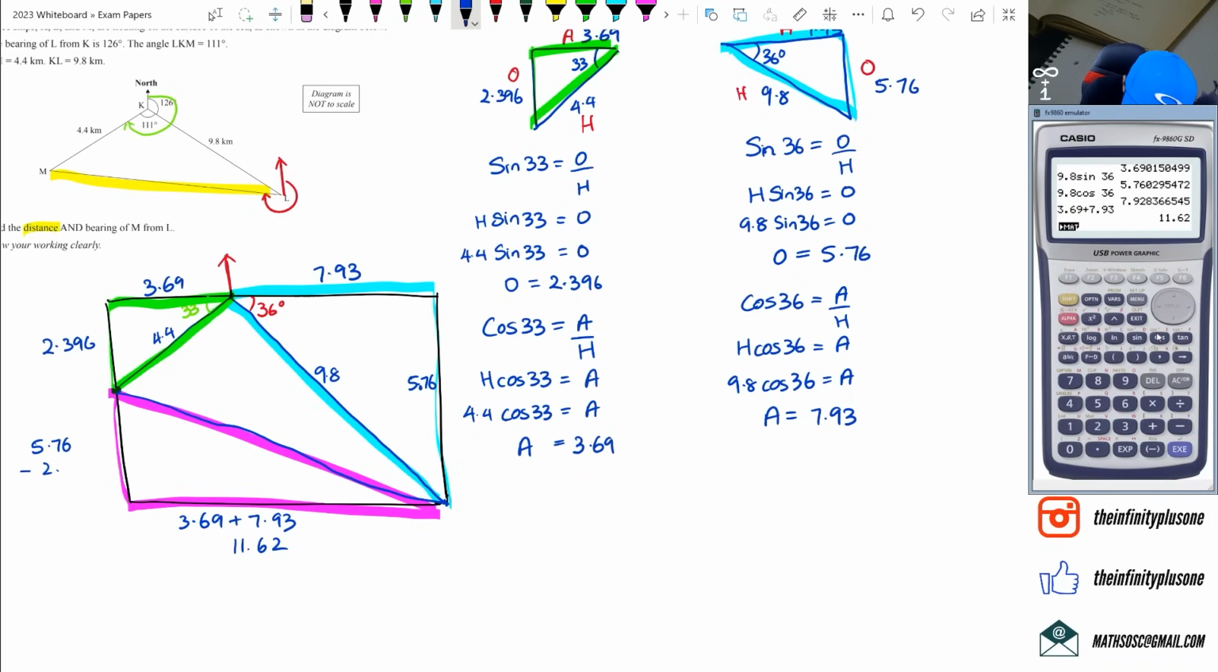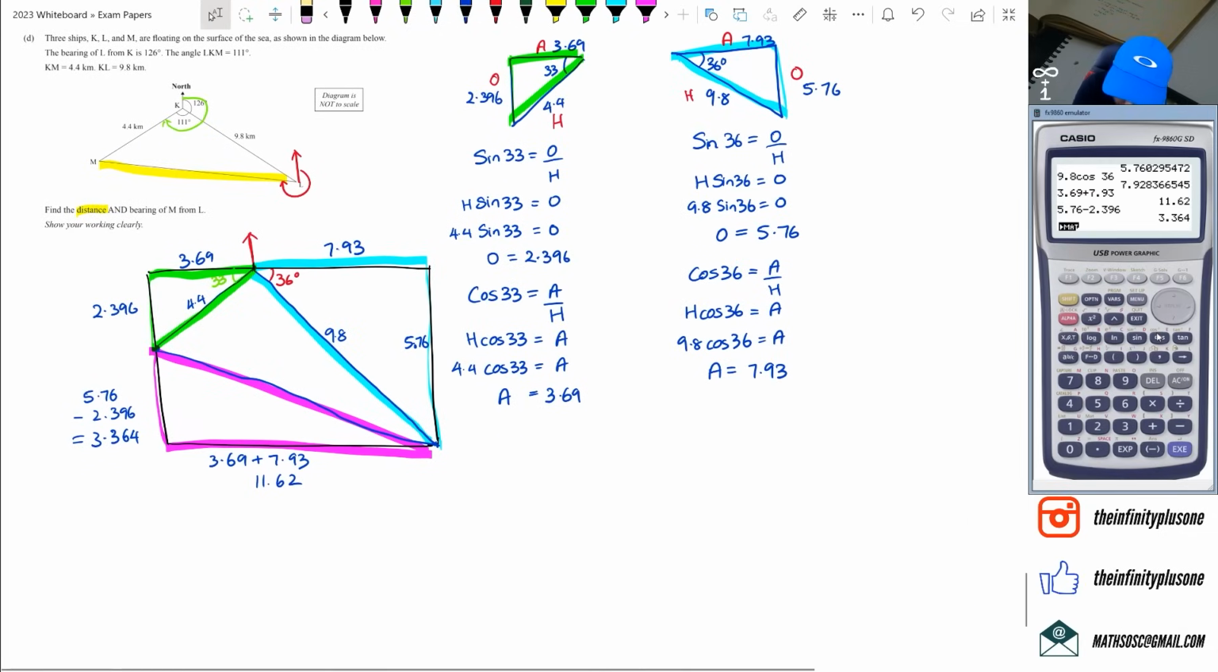5.76 minus 2.396, which is 5.76 minus 2.396, is going to give me 3.364. So I've got now the pink triangle's base and height, which means I should now be able to work